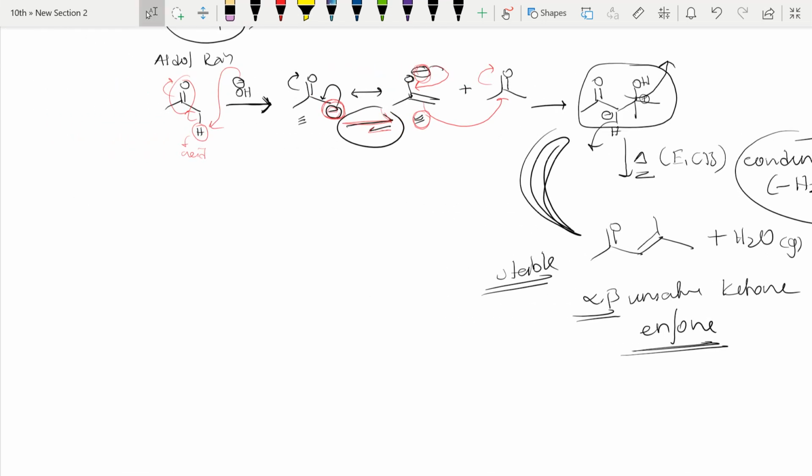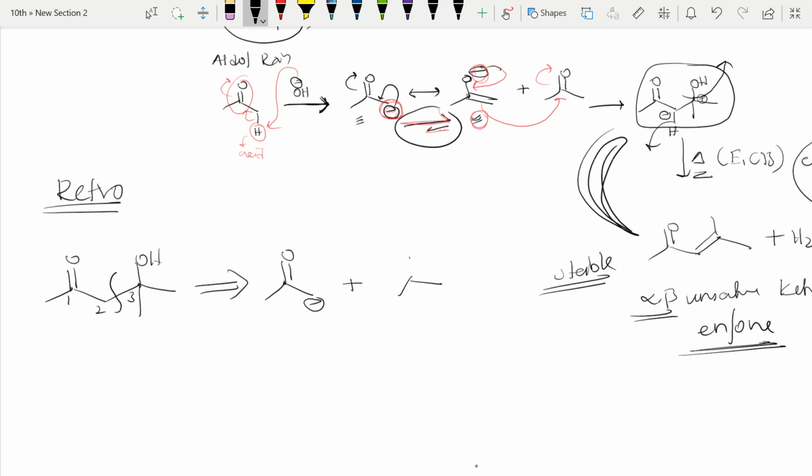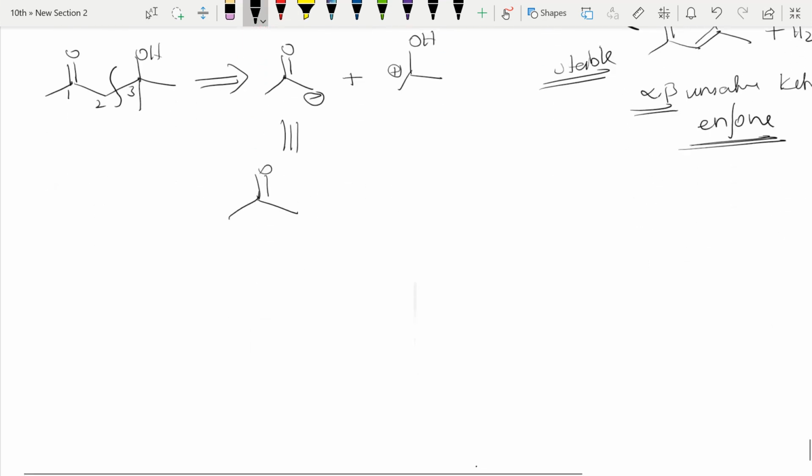So now let us see retrosynthesis. Let us see now. See, this compound I have, the same compound I have taken, so it is 1 2 3. Here an OH group is there, not NH. If NH is there, we will do Michael addition, and disconnect like that. But here, I have told we will disconnect like this, right? So at the second position we will disconnect. So here we place a negative charge and here we can place a positive charge. But the equivalent reagent, I have told, is acetone, simple acetone, or sometimes we can